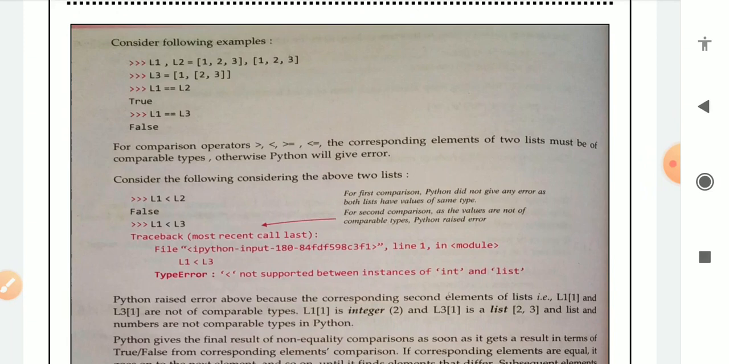In Python, we have to use standard comparison operators like greater than, less than, equal to, and not equal to. If the condition is correct, we will get true. If the condition is not correct, then we will get false. See here,